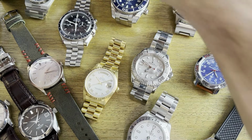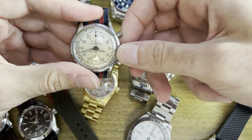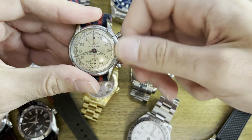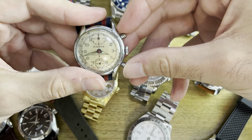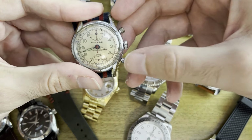Another interesting piece of history, or interesting to me, this is a Pierce chronograph, and this is one of the first column wheel chronographs ever made. I believe it is the first, but there is some contention about it. Manual wind, it's got a lot of patina. This one actually is a little bit different in that it's a totalizer on top for 60 minutes, seconds hand down at 6 o'clock,